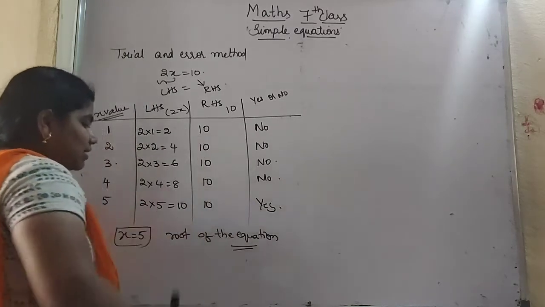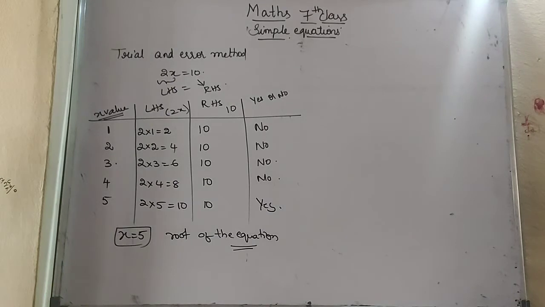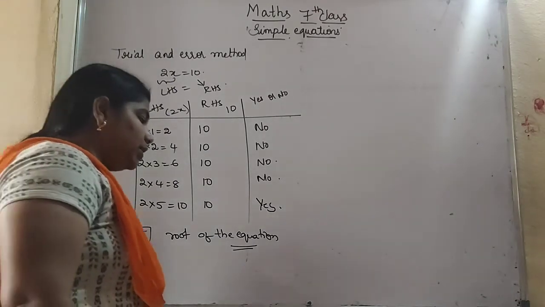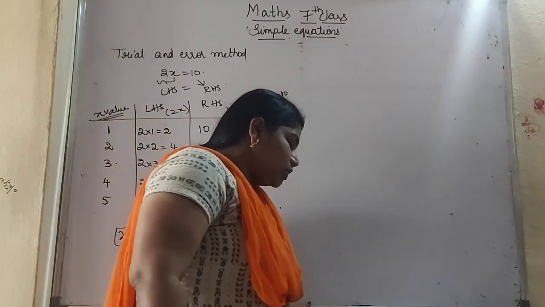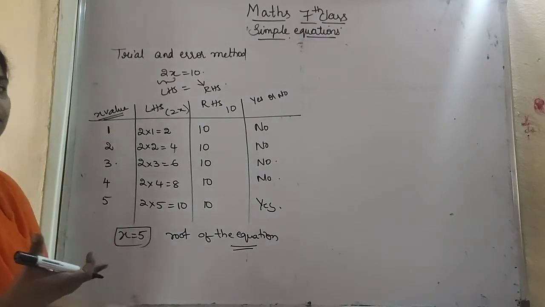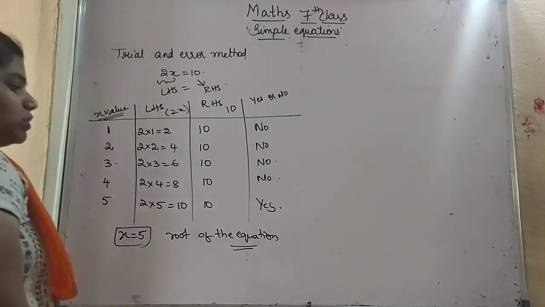So what we call this is the root of the equation. So x equals 5 is a root of the equation, so we will call it that way. Okay, so this is called the trial and error method. You already did this trial and error method in 6th class. Okay, so next one is